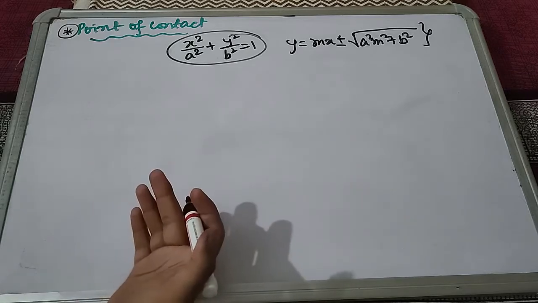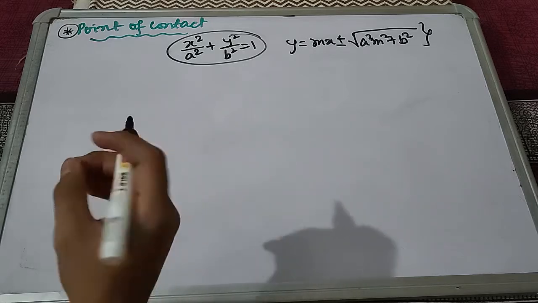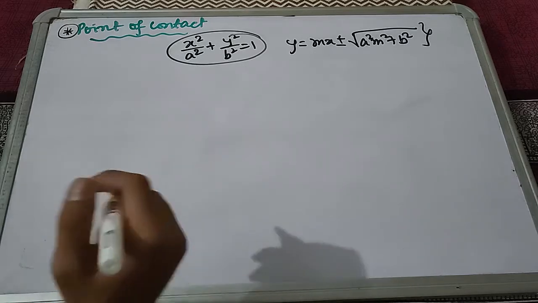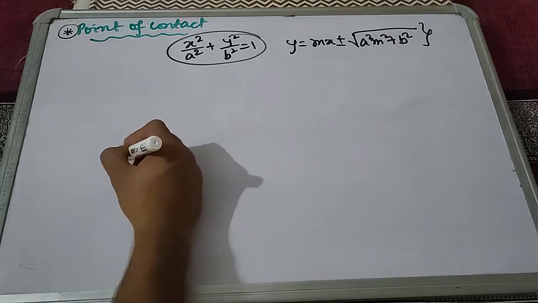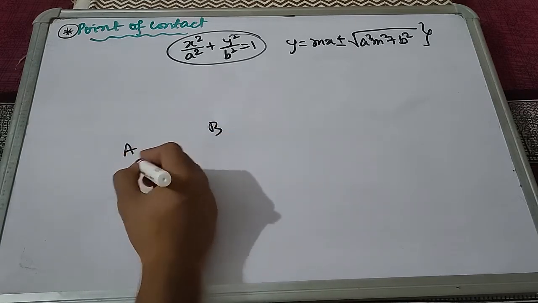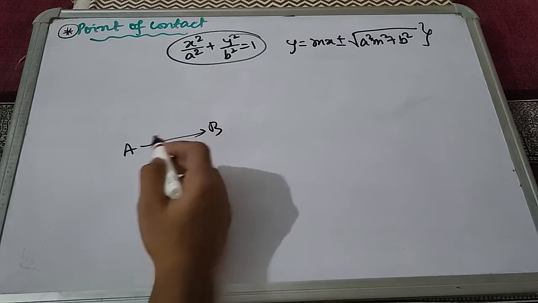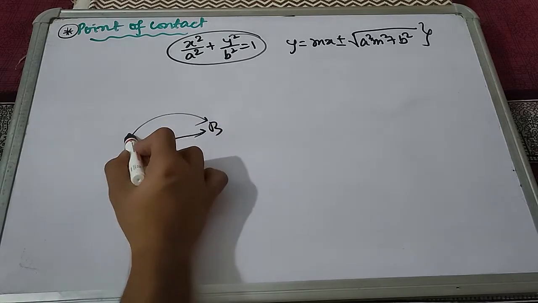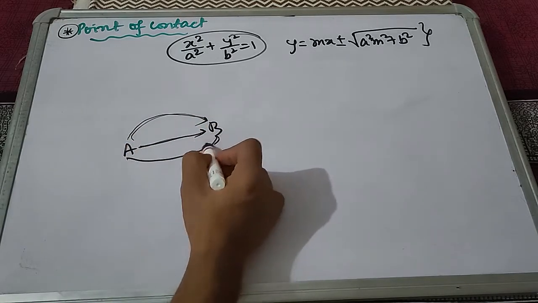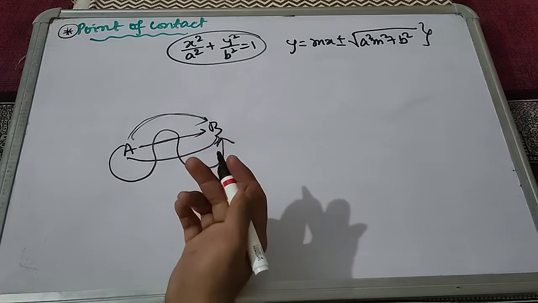Why are we seeing a different method? Because to develop a new thinking which we might require in the examination hall, and this type of thinking is very important. Suppose this is point A and this is point B. In the exam they have asked you to go to point B from point A. You shouldn't only know this one straight line path. You sometimes have to go like this also, or like this also. You may not know what you have to use.